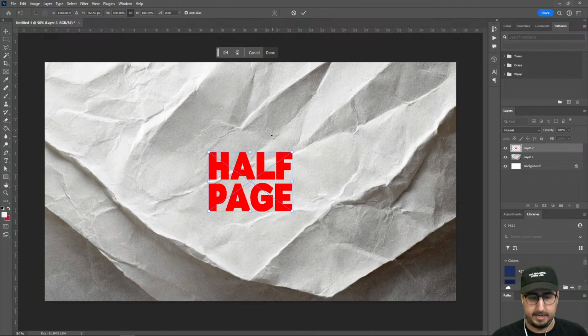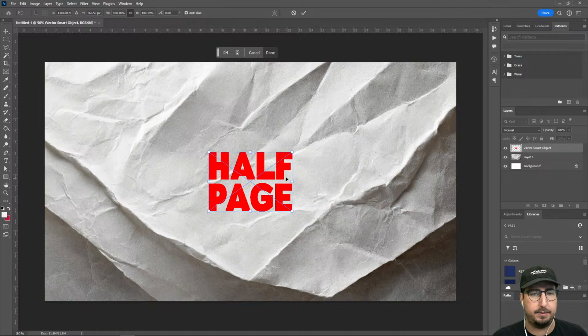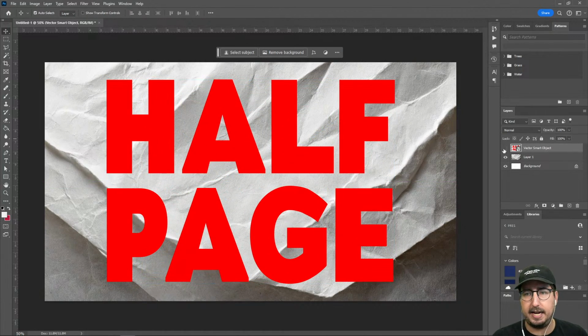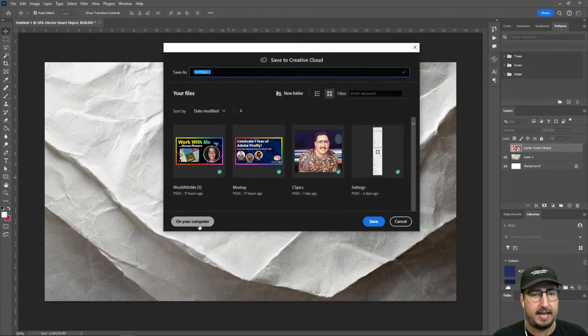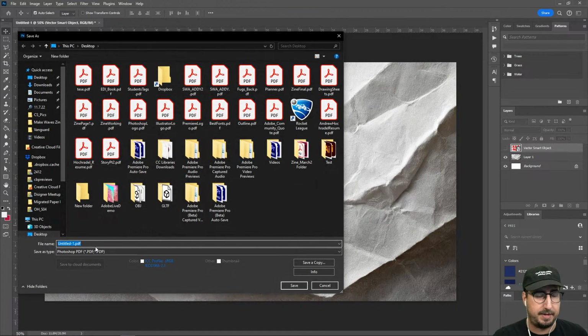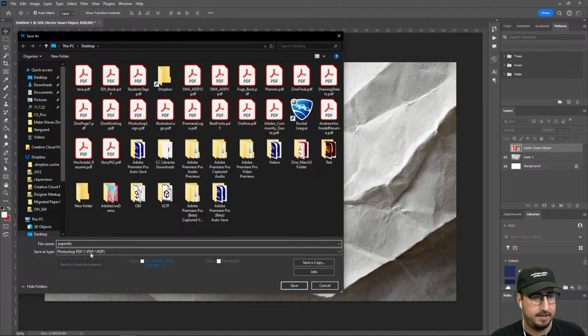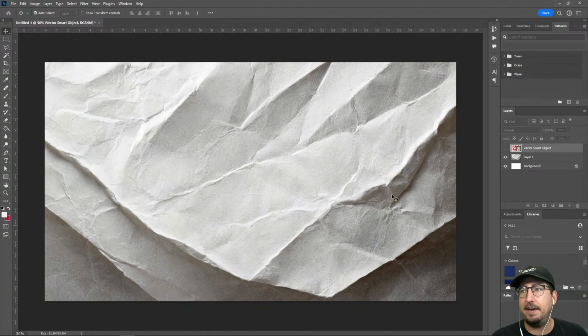So we're going to do a couple little augmentations here. This is the process for how this would work in Photoshop, and make this really, really large. What I would do is save this background as a displacement map. So we're going to hit Control-Shift-S and save that as a displacement map. I'm just going to save it on my desktop and call it paper displace. We'll need to save that as a PSD. We're going to hit save, and now we have a displacement map,